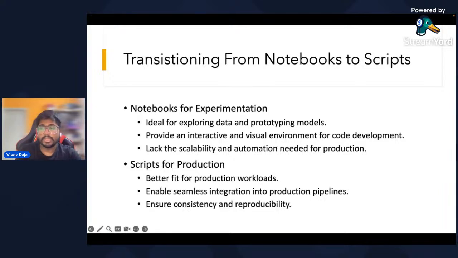But if you want to train in production, imagine you're working in a big organization with 100 machine learning engineers, and daily you train big models for evaluation. You can't run it in your notebooks. It needs to get executed on some compute which is available somewhere else in your organization. To train over there, you need to use your scripts, and your scripts run in some container. So you should not have anything interactive or visual, because it does not make sense.